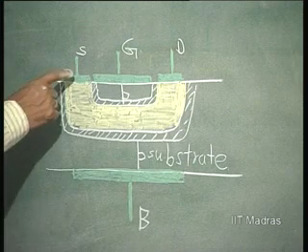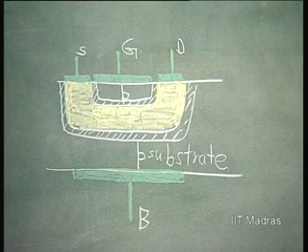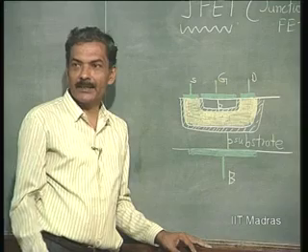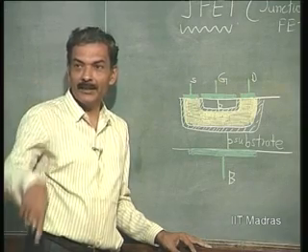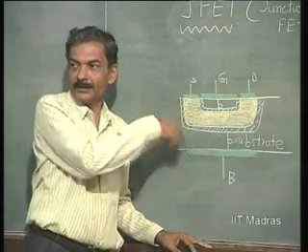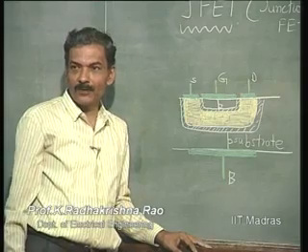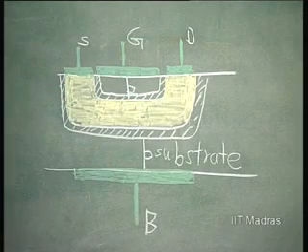So, the source and drain is already connected, unlike the other FET which is called enhancement type of MOSFET, where source and drain were not connected. They could be connected by only applying a voltage. Here it is already existing. This is a resistor, plain resistor. Between source and drain there is a certain amount of resistance depending upon the doping of this N channel.